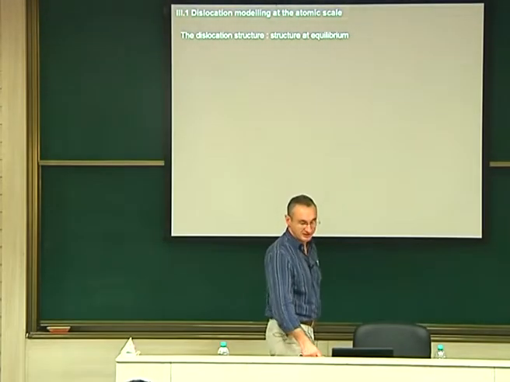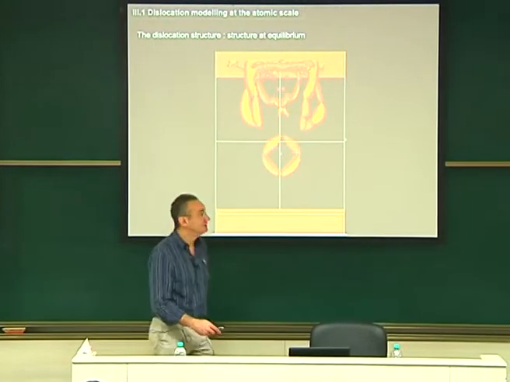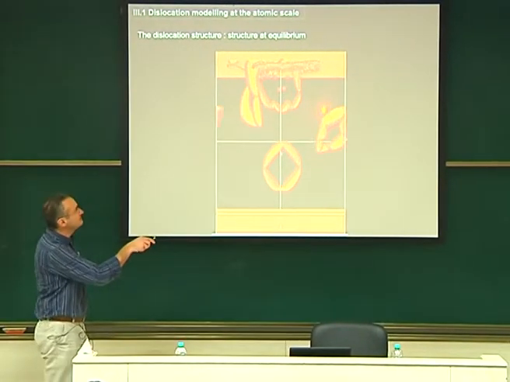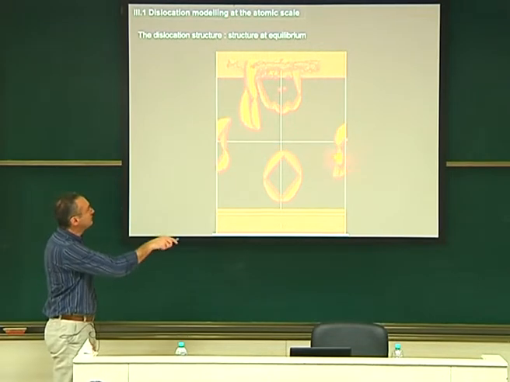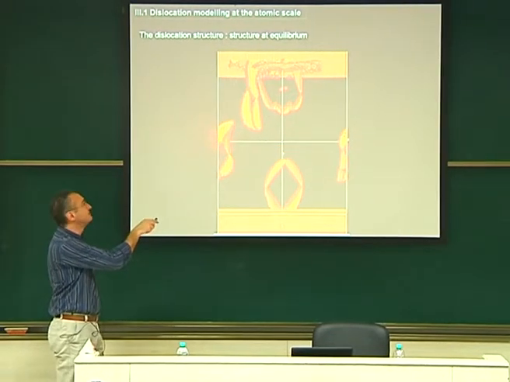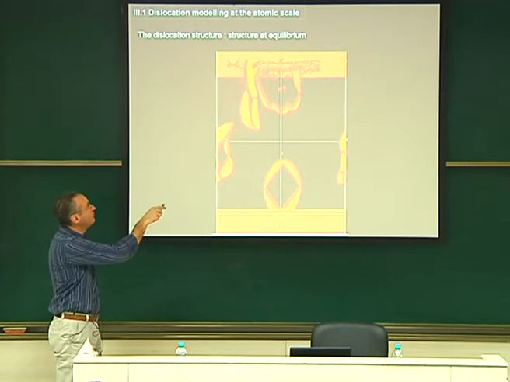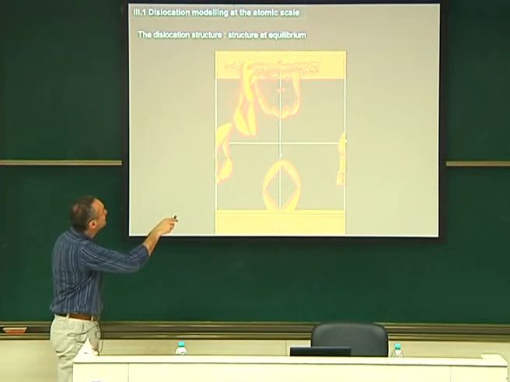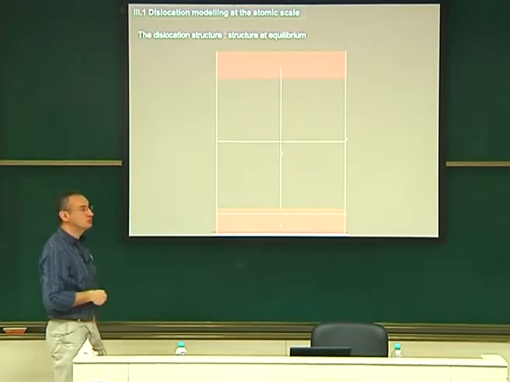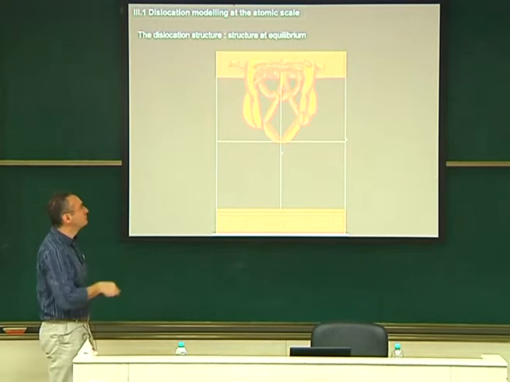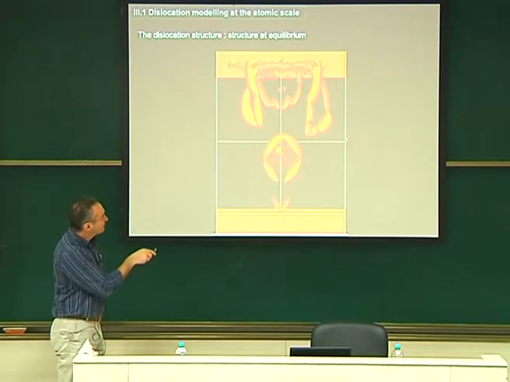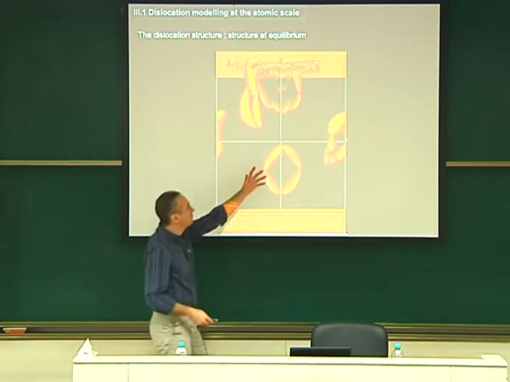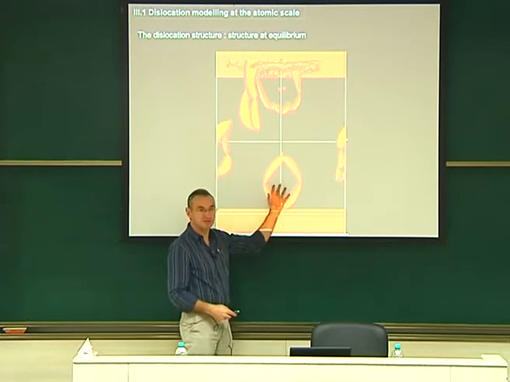Now the structure at equilibrium, so this is what I showed you last time. If we go further, you can see that this transforms into loops. One is coming away here and coming back because of periodicity there. So they do interact, so it impedes that one to escape. But this one would like to move further, it could not. And if I push further, you will see that it finally detaches like that and wants to go. So you have 1, 2, 3 loops. And by mirror symmetry, you have something strange here, just because one loop is coming up and back. Okay, but this is the same loop.